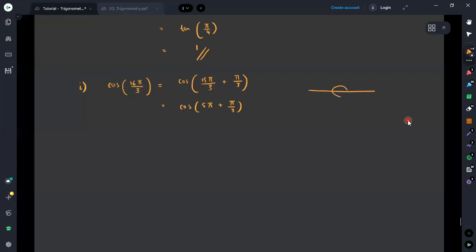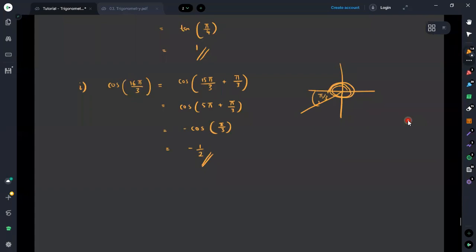5 times 5 is again on this axis, and it is in the anticlockwise direction. Anyhow, we have finished it: 1, 2, 3, 4, and 5. Then we have measured another 5 over 3 in this direction. Since it is in the third quadrant, only the tan will be positive. Therefore, this can be considered as minus cosine 5 over 3. We know that cosine 5 over 3 is equal to half, so this value would be equal to minus half, since it is in the third quadrant.